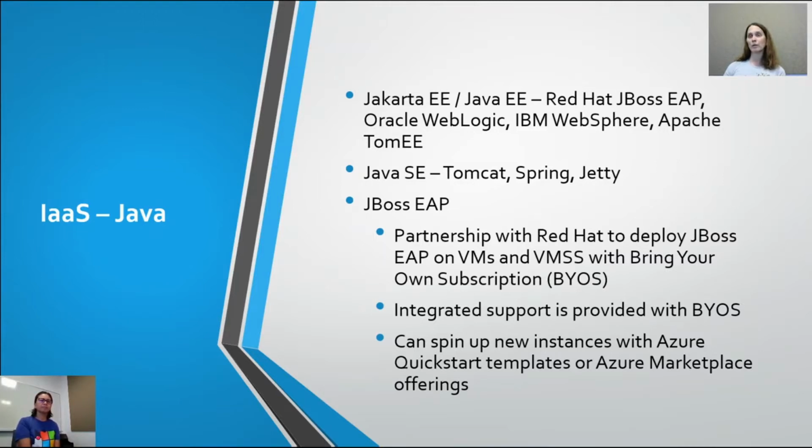The customer experience is pretty nice where you can bring the same subscription you used on premise and reuse it up in the cloud. That's pretty convenient if you are doing a lift and shift model to be able to reuse the same subscriptions. You are able to spin up new instances using our Quick Start templates or marketplace offering, which means you're not looking at having to bundle up your own VHD and slog it up to the cloud. You can basically take advantage of the built-in capabilities we've got to just get yourself going.